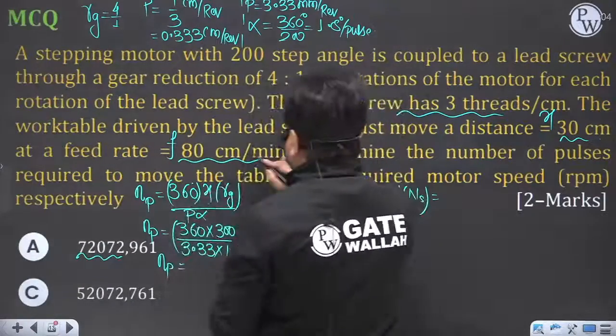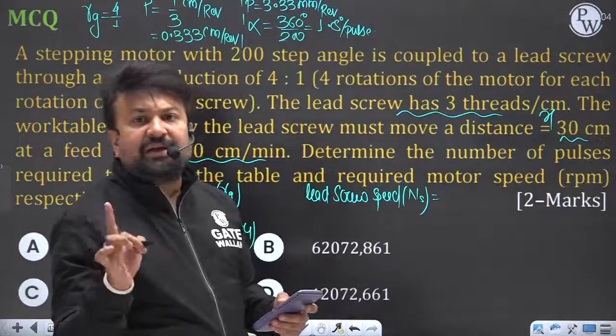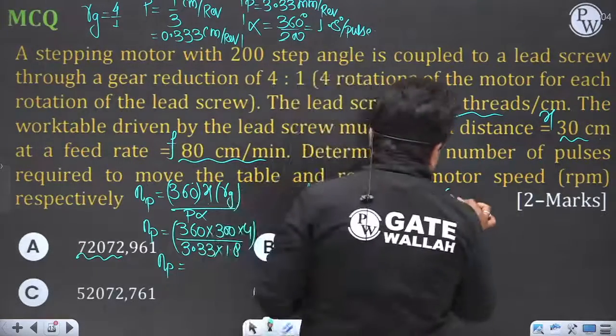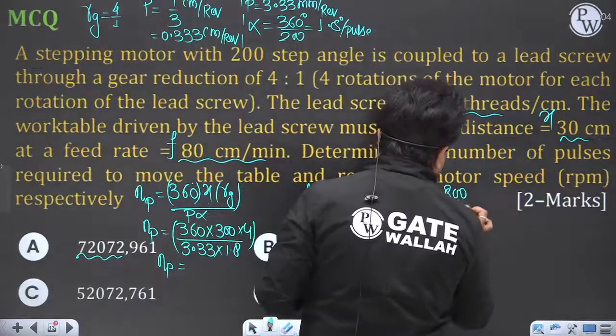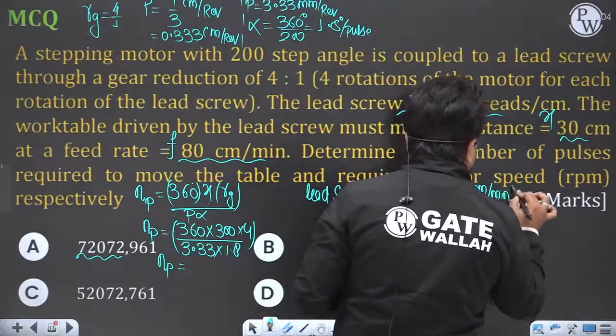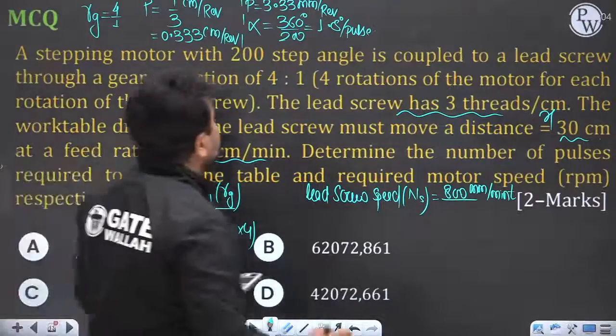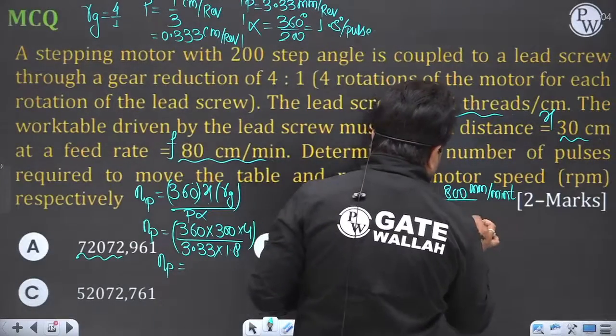The table feed is 80 centimeter per minute. Now convert it into mm: 800 mm per minute divided by the pitch, that is 3.33